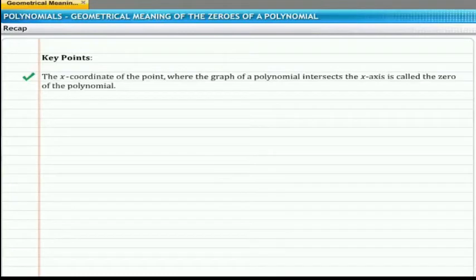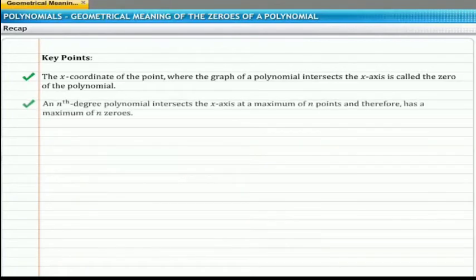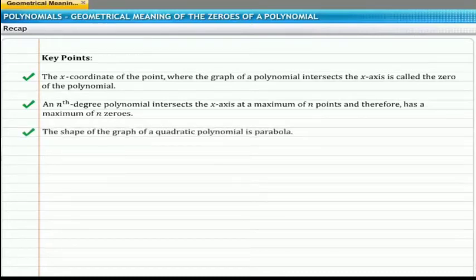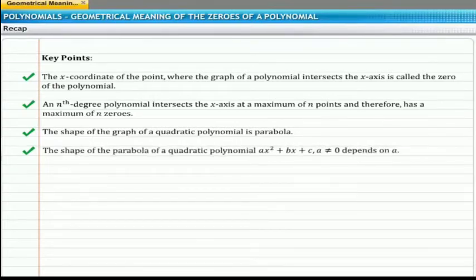Okay, now the cubic polynomial is here, y is equal to x cube minus 2x square minus x plus 2. It intersects at 3 points. The graph of a cubic polynomial intersects the x axis at a maximum of 3 points. A cubic polynomial has a maximum of 3 zeros, because a polynomial has as many zeros as its maximum degree. See the two graphs in front of you, one for a quadratic and one for a cubic polynomial, and you can compare them.